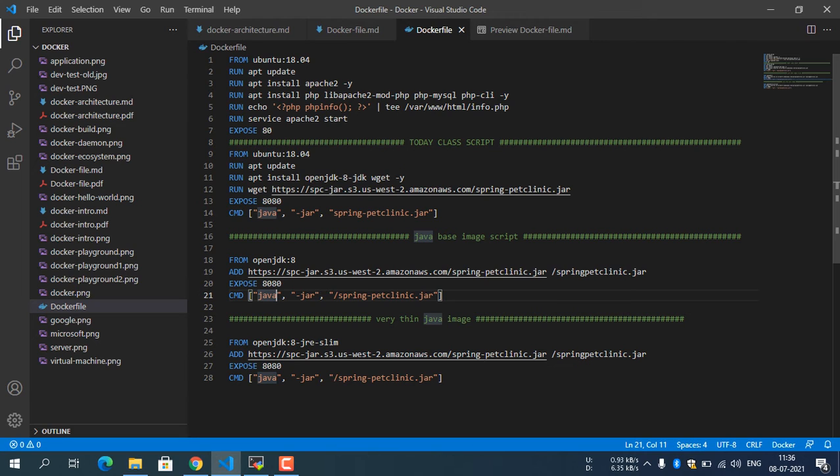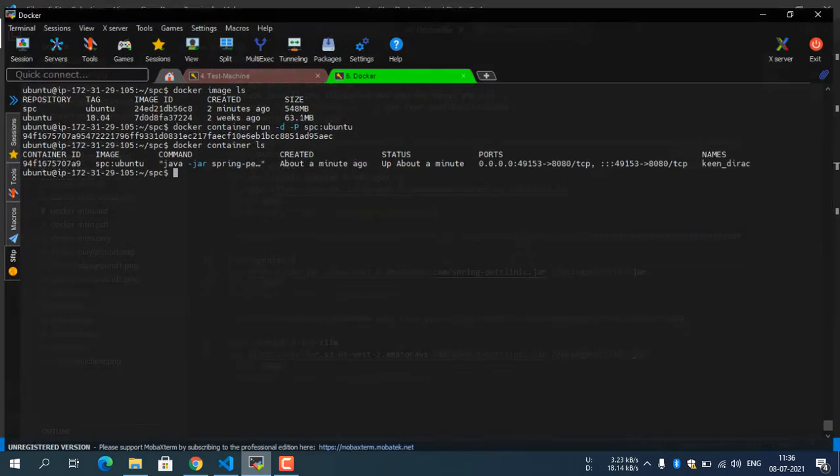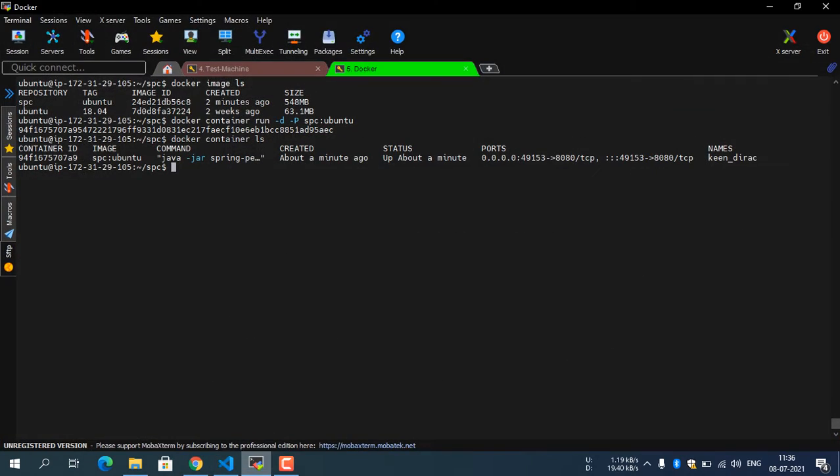So you can simply take a Java image and create a Docker file. You can ask me what the advantage is. I will show you docker image ls.